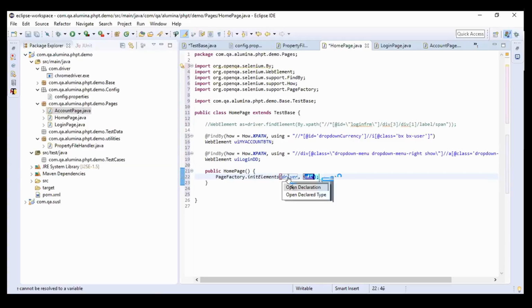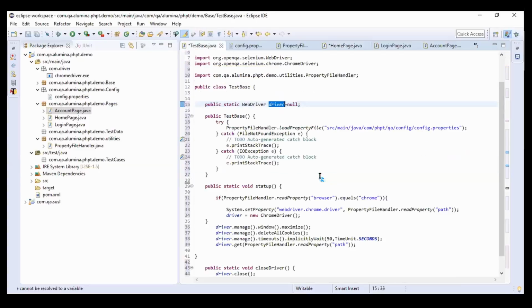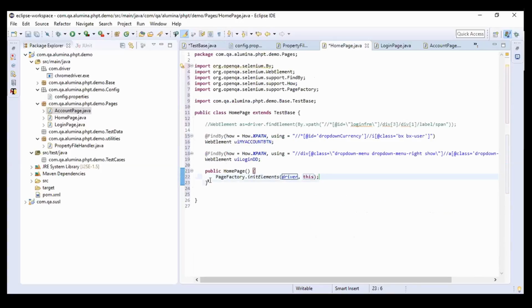When I click on the driver, it navigates to our driver in the test base class. So this home page is now interconnected, the driver is interconnected with the base class. Okay. Then I write the